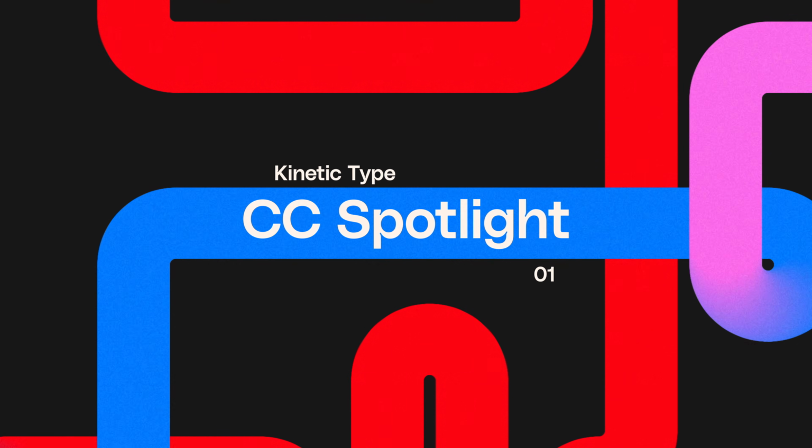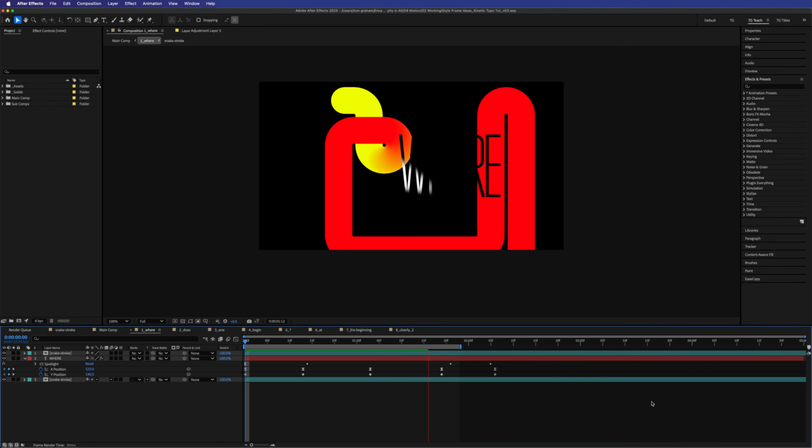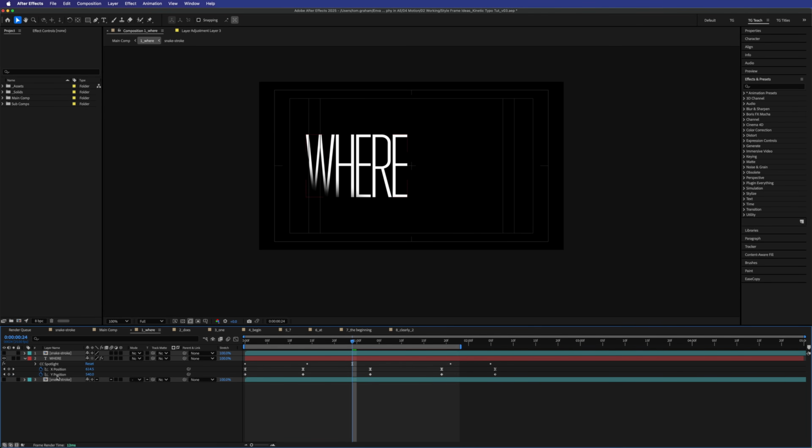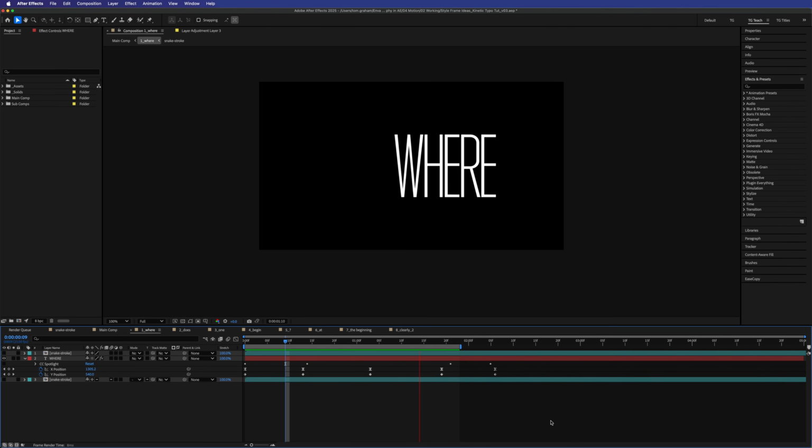So where, let's just play this through. It's very, very simple animation here. It's just moving back and forward. So it's the text layer, we're moving back and forward. And I'll just turn off the snakes here so you can see exactly what's happening. And for the time being, I'm going to turn off our CC spotlight, which is the first thing. It's really just a left to right animation here with some easing, and it's bouncing back and forward between those